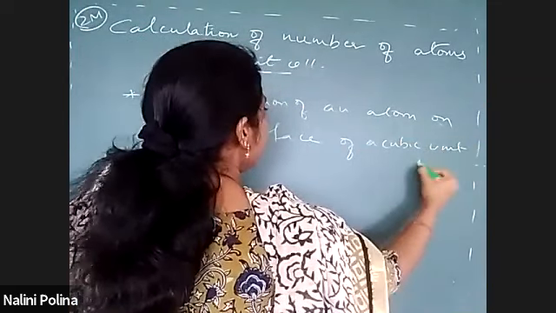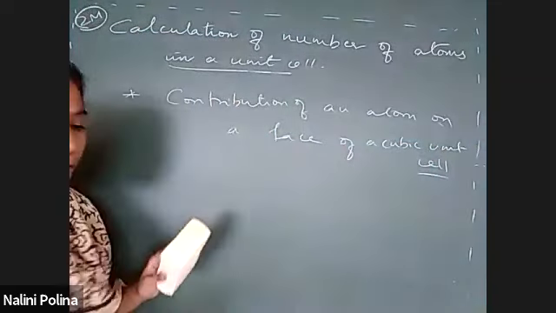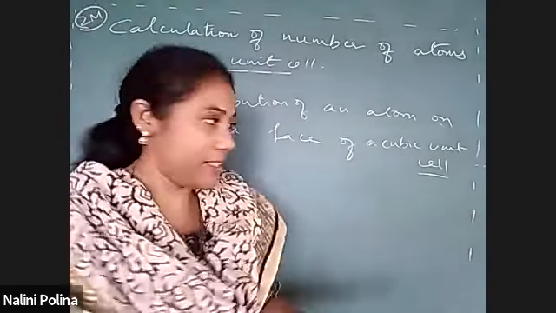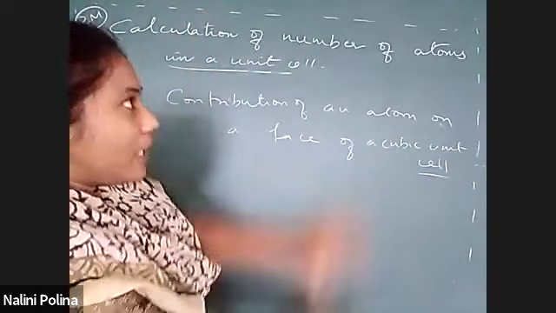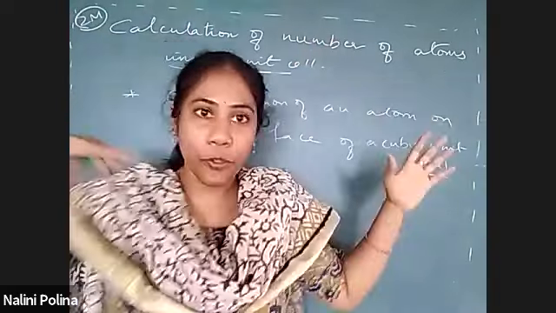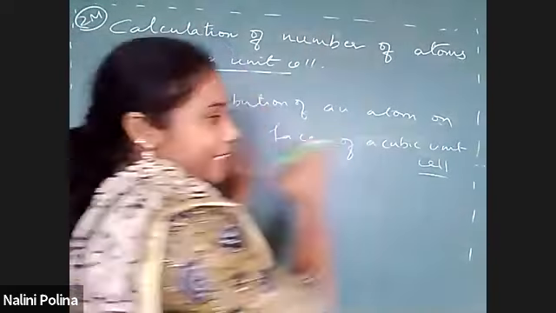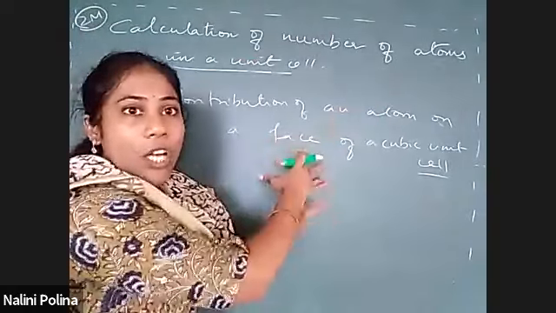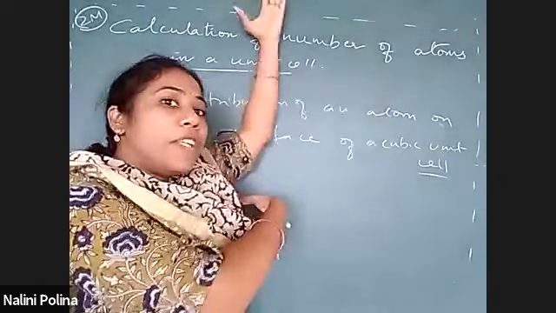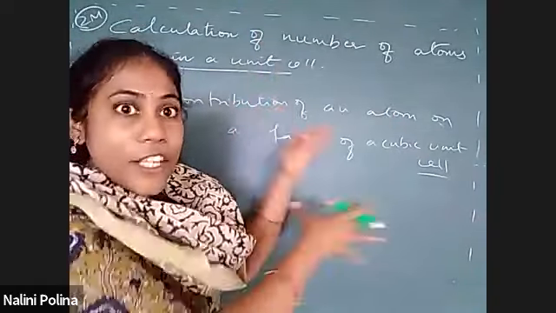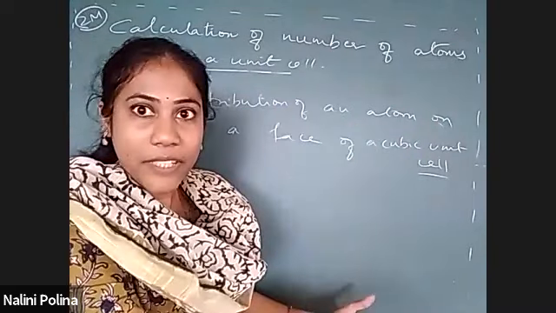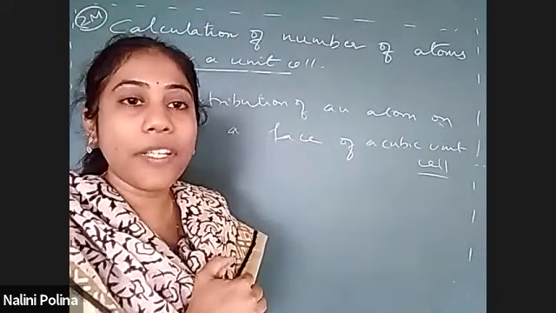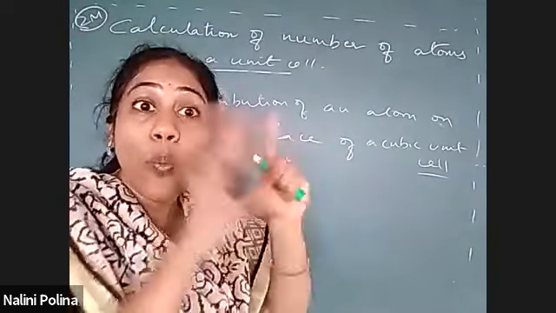So if an atom is present on a face, say for example, this is the room where you are sitting or standing, whatever. So it has a wall. This wall, now this is a classroom. One of the walls has the board attached, and this is the wall common for two rooms, right? So this is the wall common for this room, and this is the wall common for the other room, which is there next, right? So this wall is one face. One face is common for two unit cells. Okay, so two unit cells will share one particular face.